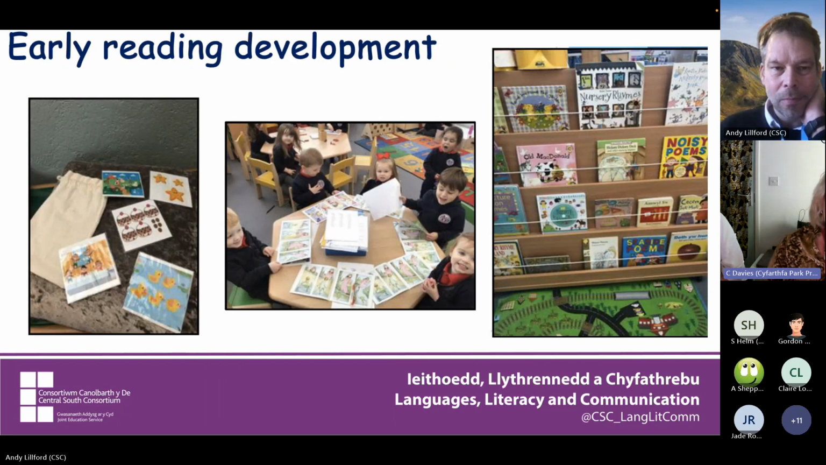As I said, that early reading development is important. I just wanted to mention something here. We do follow a phonics scheme, as I said, Read Write Inc. However,